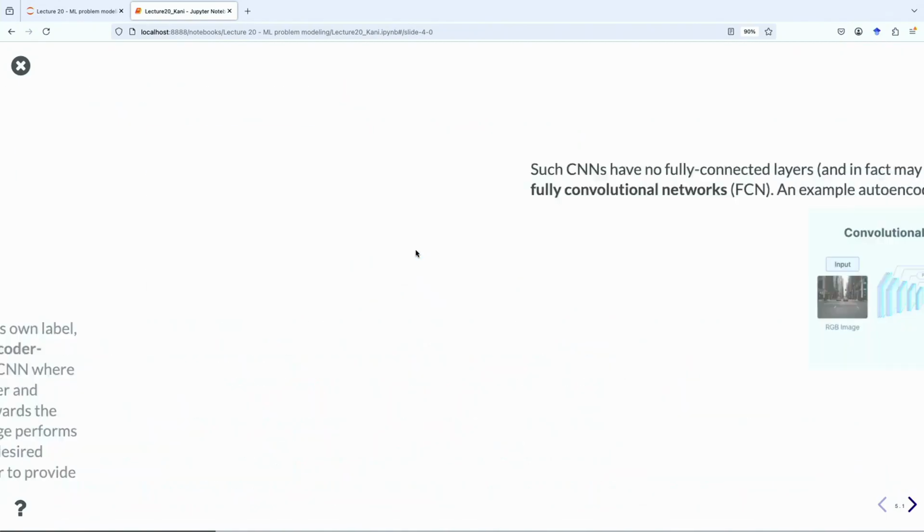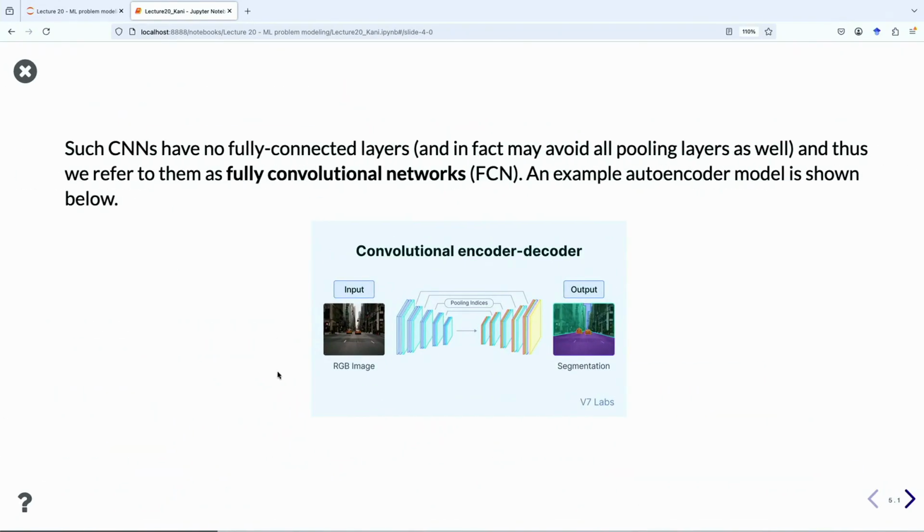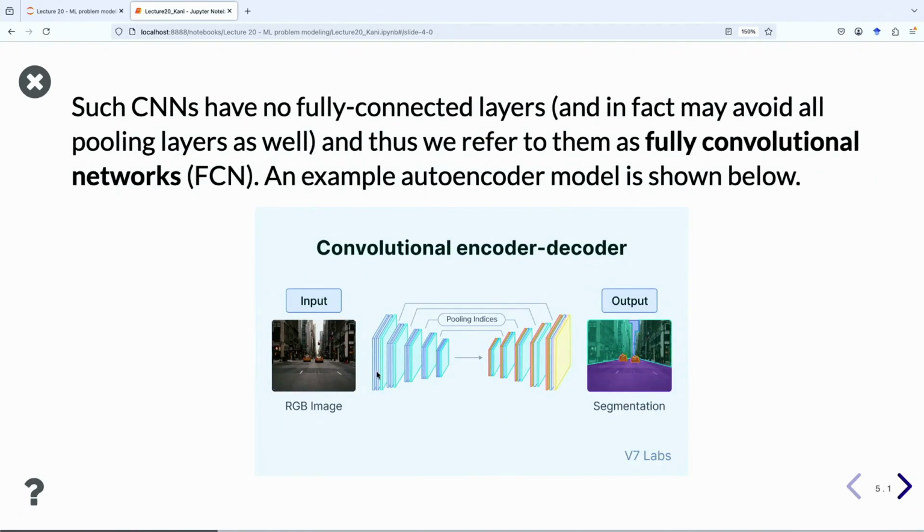And as far as the model is concerned, we simply use a convolutional encoder-decoder model, which is simply a bunch of convolutional layers, a bunch of linear layers. It goes through a bunch of convolutional layers, convolutional pooling layers, convolutional pooling layers.